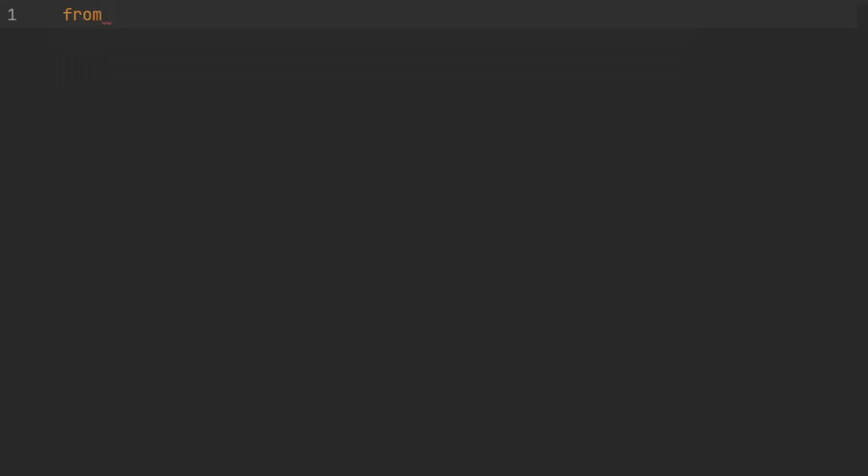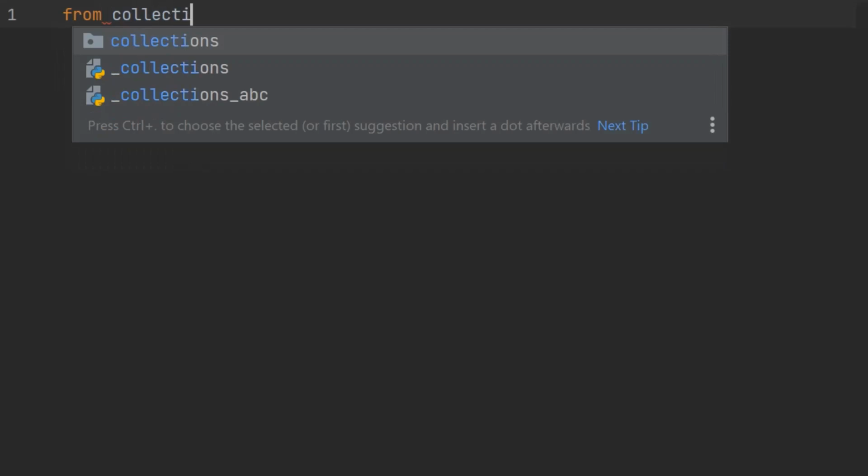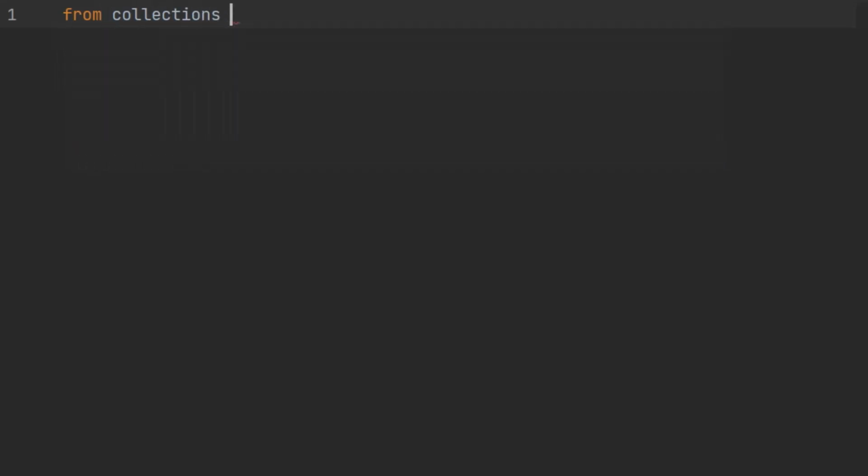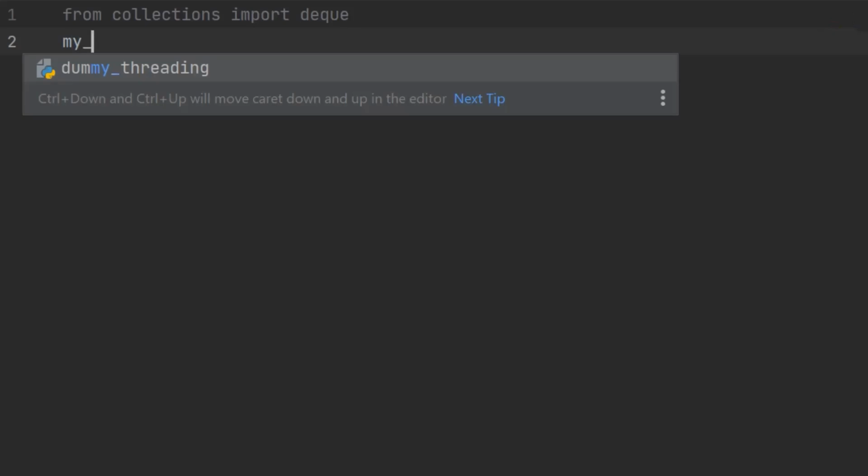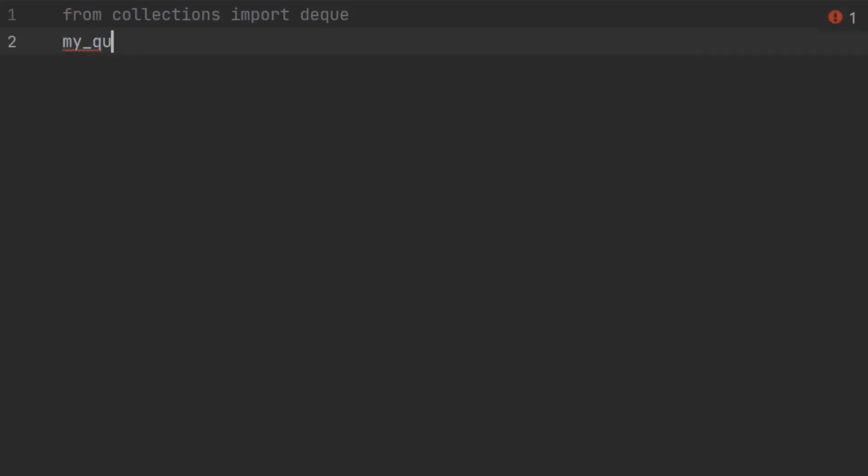Now let me start with the simple Python code for the queue process. I type from collections import, to import the container, and I'm going to import a module which is deque, which is a double-ended queue, which has the feature of adding or removing elements from either end. That's the process that is going to be imported for making the queue. Here I'm declaring my variable or reference, which is my queue. I'm going to assign this with the function deque, so the deque properties will be imported here for making the queue process.